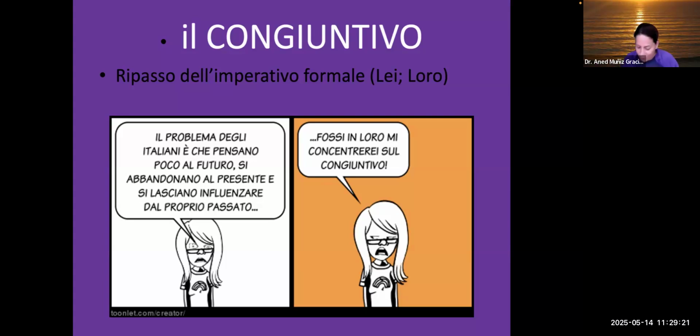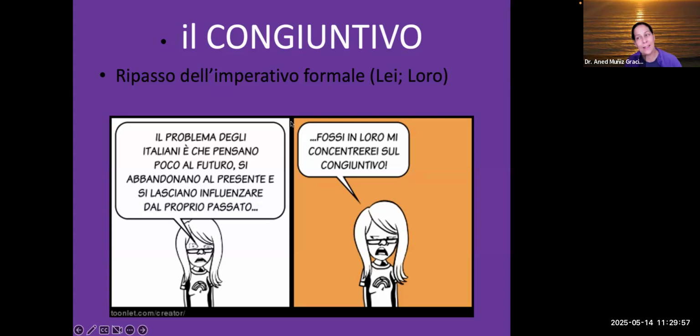Then next week, we are going to focus on when to use the subjunctive, although at the end of this slideshow, there are some hints. And there's plenty of material about this online. If you know another Romance language like French or Spanish, they also use the subjunctive. German does too, right? It's not only Romance languages that use the subjunctive, but many Indo-European languages as well. And even, well, let me not get too far ahead of myself. This is Italian now. I tend to talk and go on tangents.